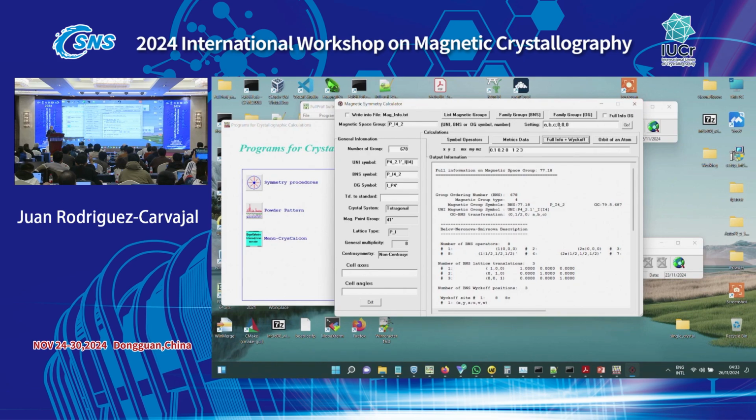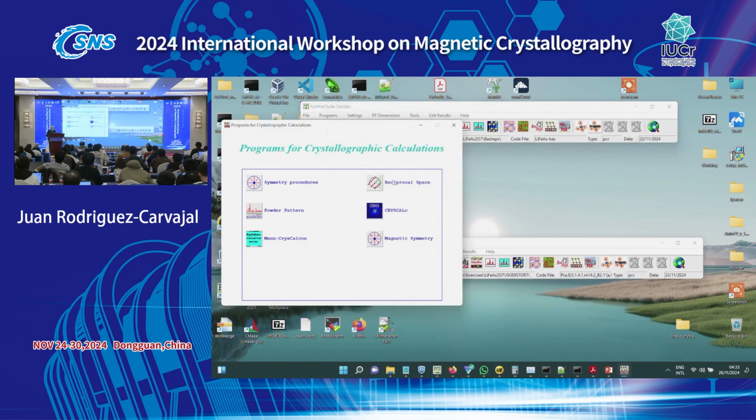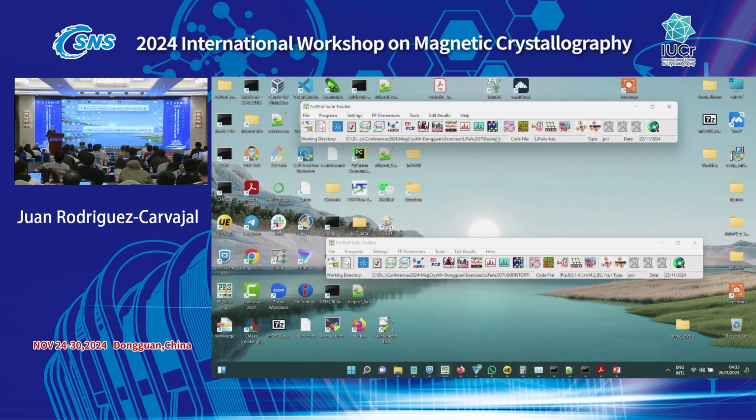You can also change the setting, just putting here a formula with a, b, c, and then you can create other kinds of things here. Well, the other things are not important here.